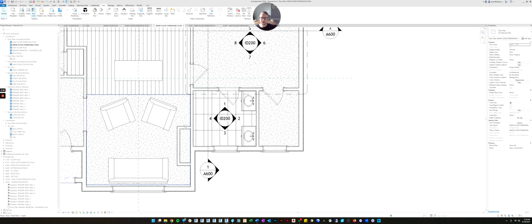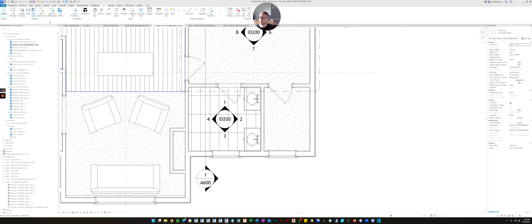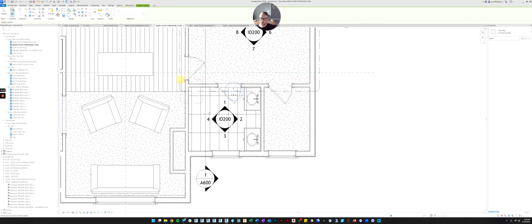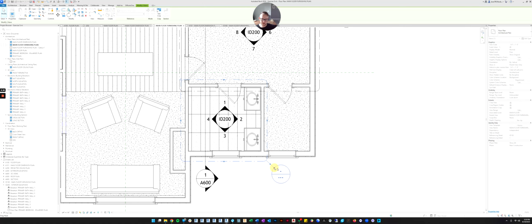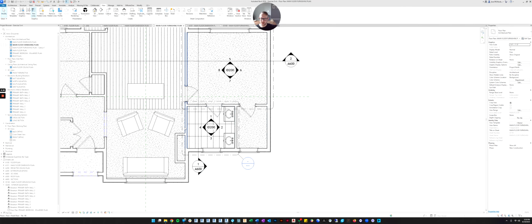So let's do the same thing for our primary bathroom. We'll click the call out, and we'll just click and drag to create the view. And I'm going to click on the view and move the tag head to the corner here. And now we have a call out over here in the browser of the primary bathroom. So let's rename it. Primary bath, enlarged plan.